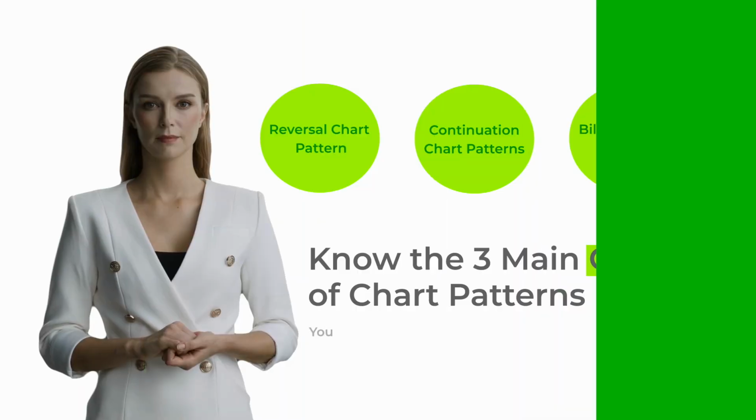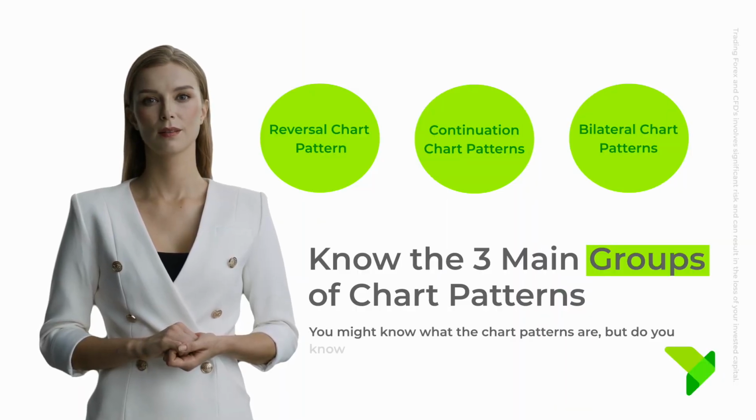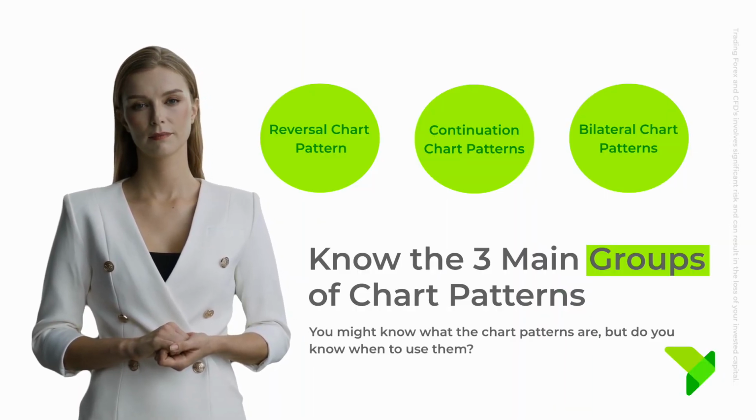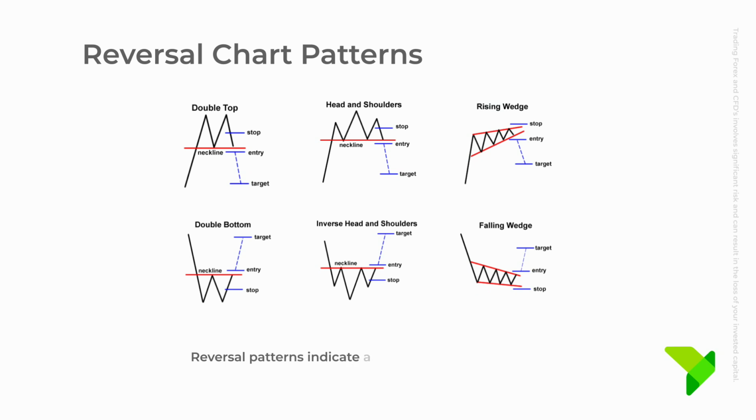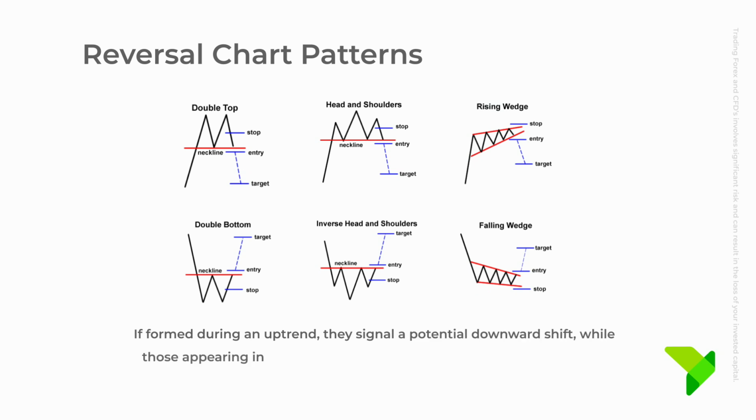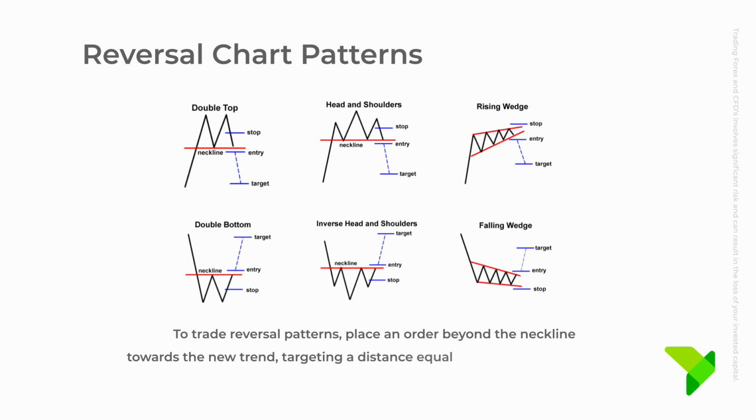You might know what the chart patterns are, but do you know when to use them? Reversal patterns indicate a change in the current trend. If formed during an uptrend, they signal a potential downward shift, while those appearing in a downtrend suggest a possible upward movement. To trade reversal patterns, place an order beyond the neckline towards the new trend, targeting a distance equal